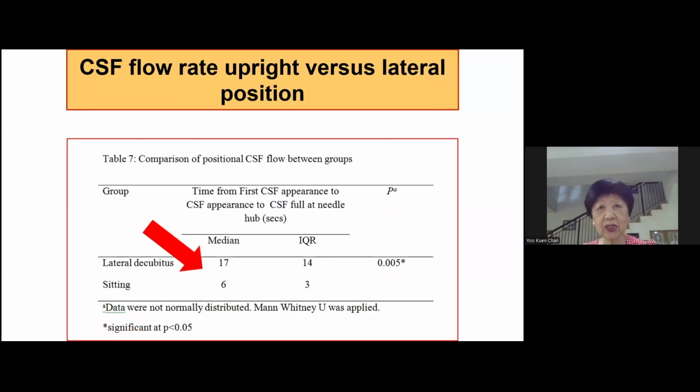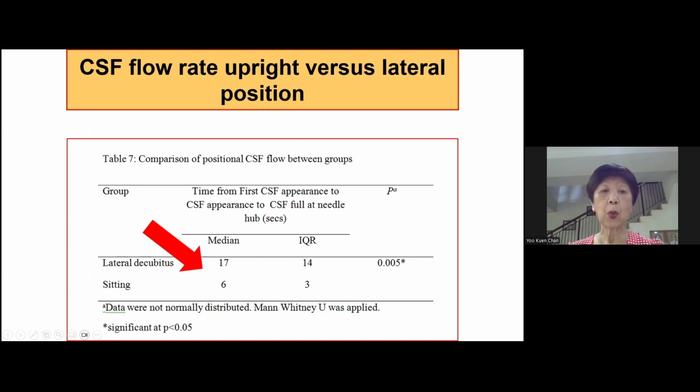As I said, I do not know whether you do it in the upright or lateral position. And for those of us who are committed to the upright or the sitting position, in the whole country in Malaysia, we still have occasions to do the lateral position in the prolapse cord situation. This is something that I would like you to be mindful of. The CSF comes out more slowly if the patient is in a lateral position. This is actually data that was never published, but came out from one of my